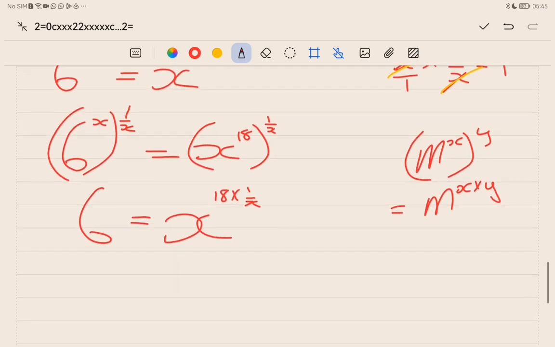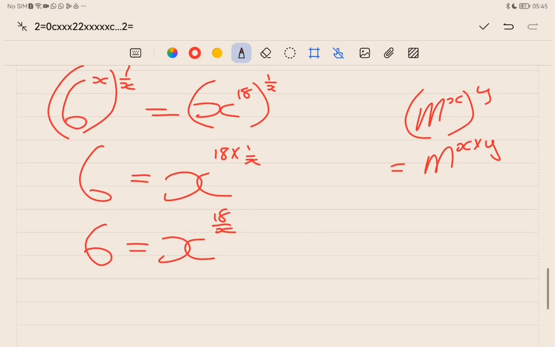Then we are going to have this, but now we need to move the 18. So how are we going to move the 18? We are going to move 18 the same way. So 18 over x times 1 over 18. This 18 divided by this 18, they cancel out. So we're going to have